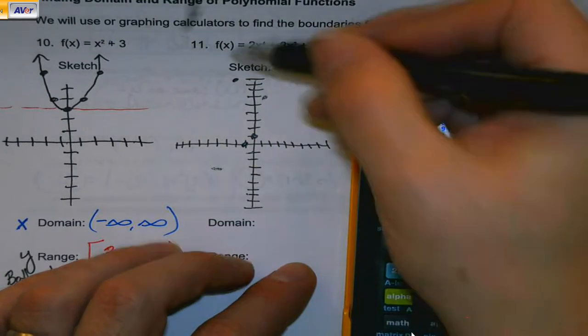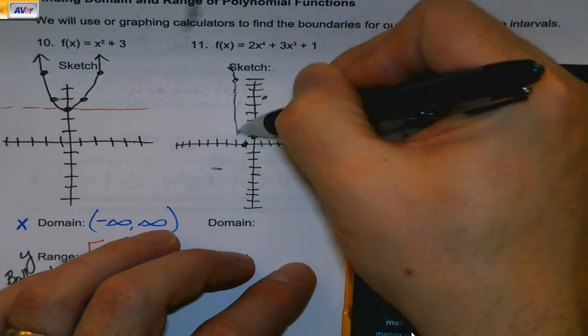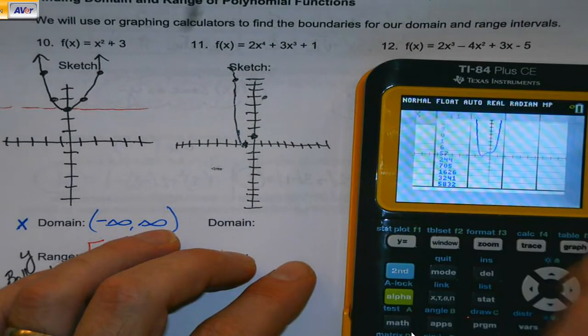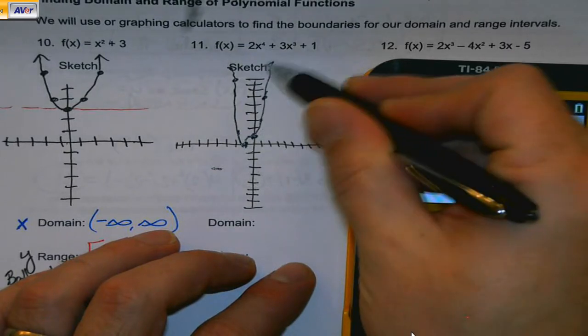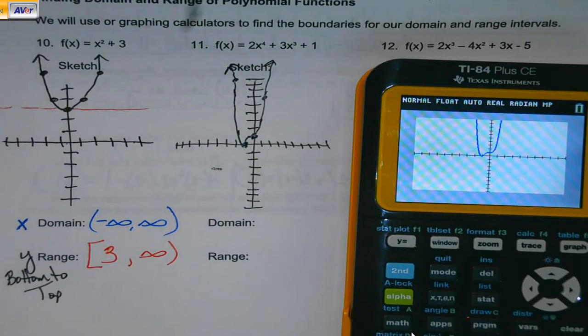And that's about all it's going to fit here. And again, I'll look at the picture, make sure I'm somewhat accurate on my sketch. But again, it's a sketch. And so when I use that to look at my domain and range,